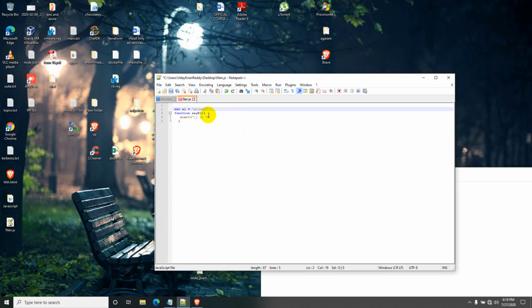Inside this function I will create one more variable with the same name, var a1 is equal to, I will keep the value as local. In this alert box, at the end I am using the plus operator and appending this a1. So when I save this and run this,